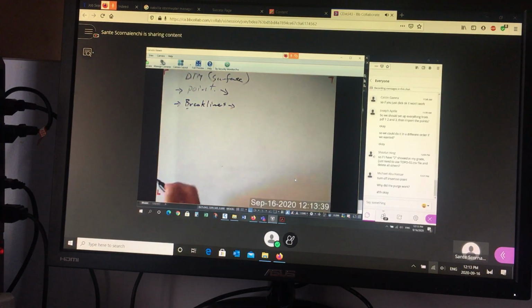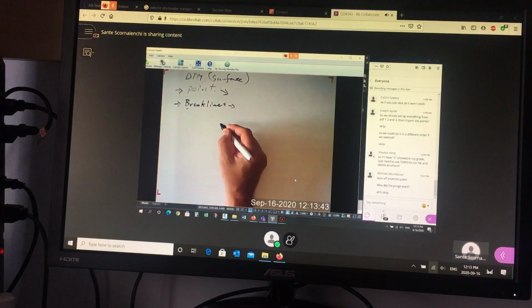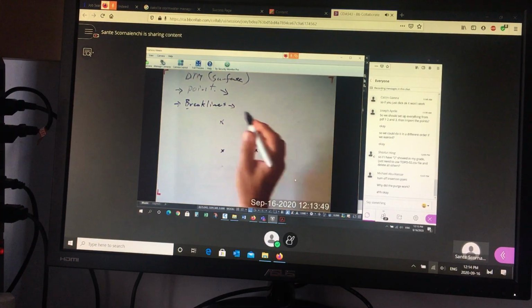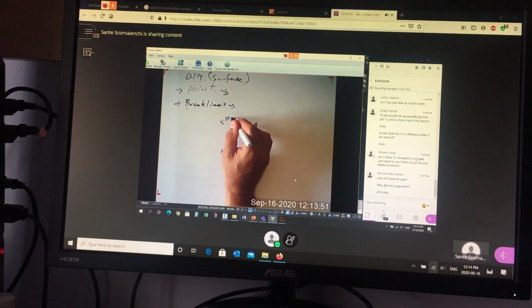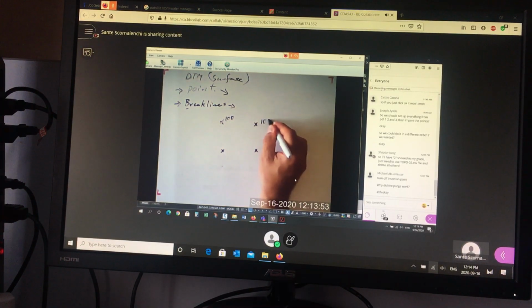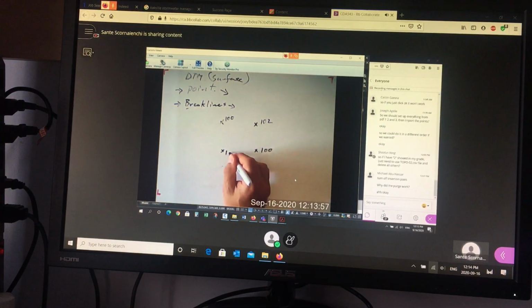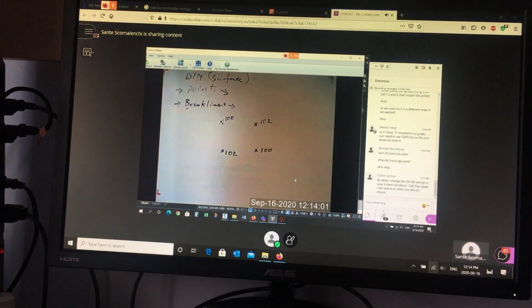So what are break lines? What do they do? Well, let's go through this mental exercise. Let's look at 4 points. 1, 2, 3, 4. Suppose the elevation here is 100. The elevation here is 102. The elevation here is 100. And the elevation here is 102. So there's 4 points. When you create a surface,